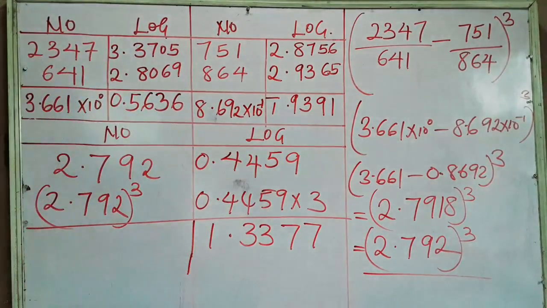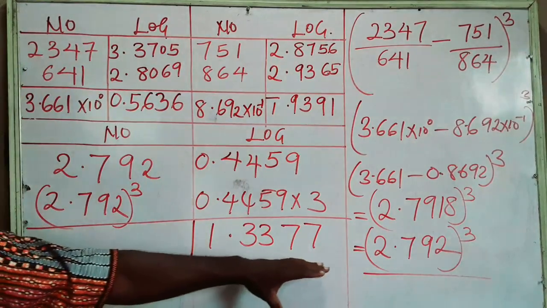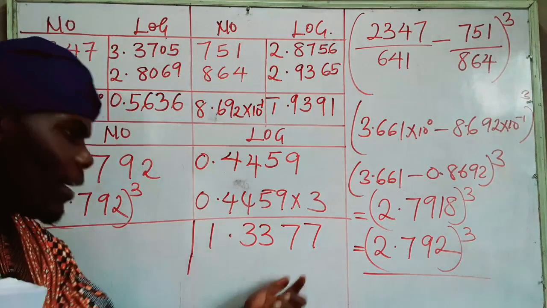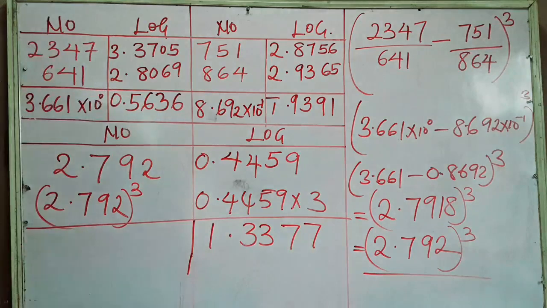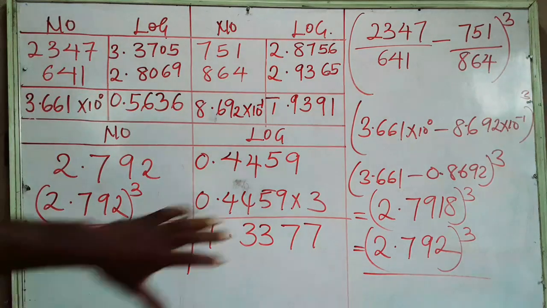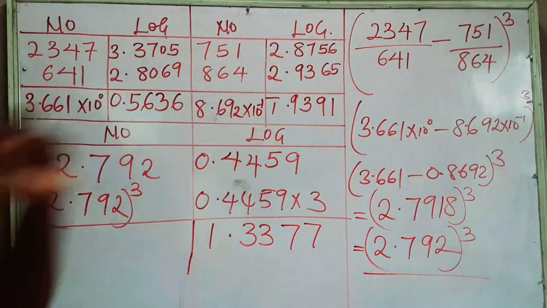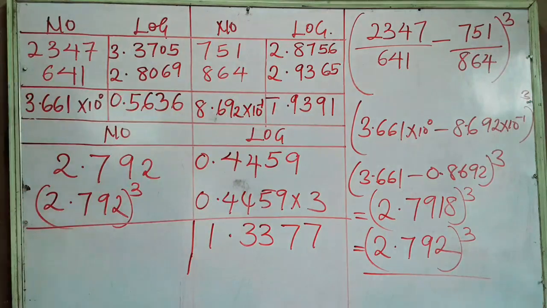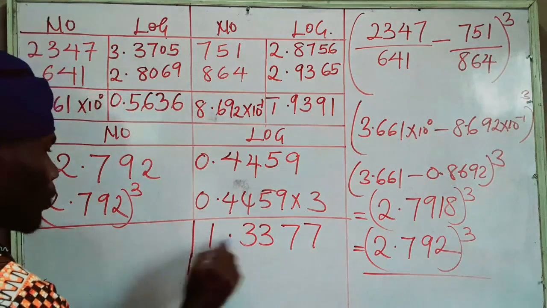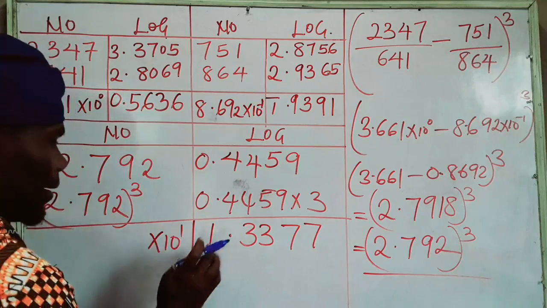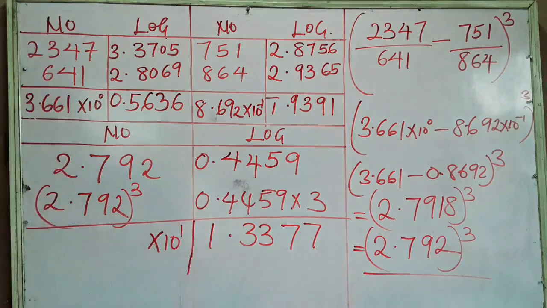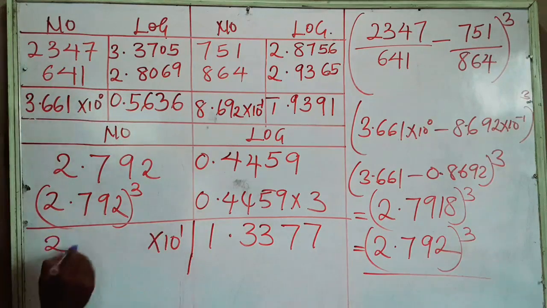So now you will find the antilog of 33 under 7 difference 7. Let me try to do the last revision before I finish. Overall, you must be able to understand how to draw your table before solving logarithms using a 4-figure table. The first thing we write is times 10 raised to the power 1. So you find 33 under 7, and 33 under 7 difference 7 will give us